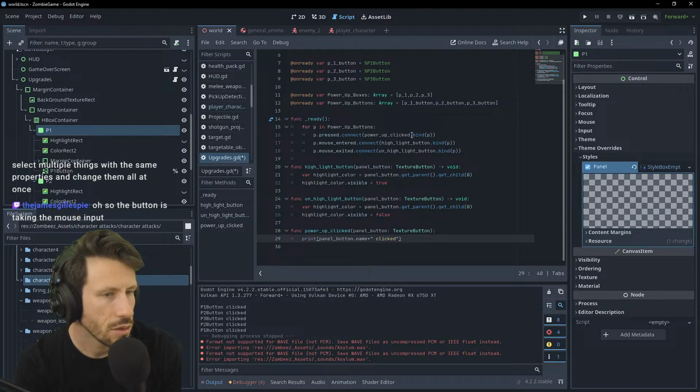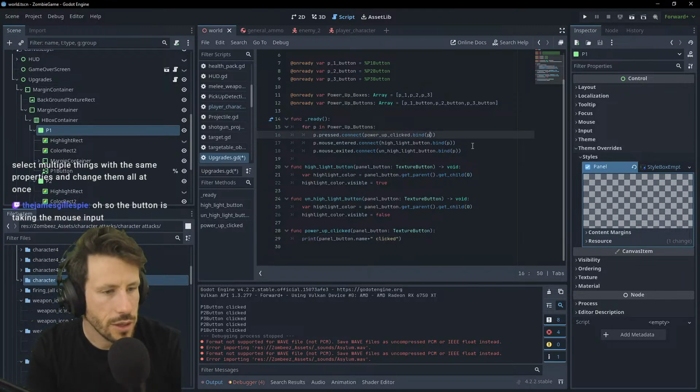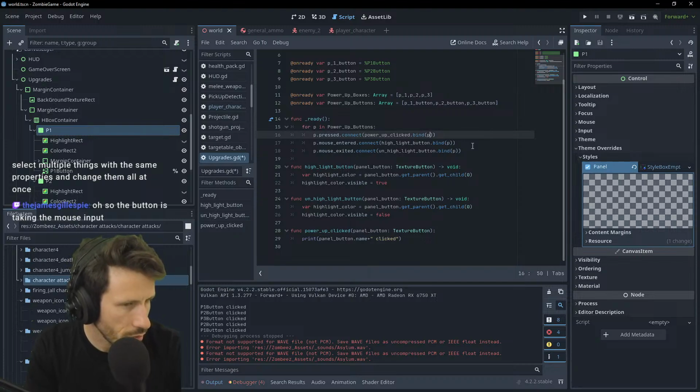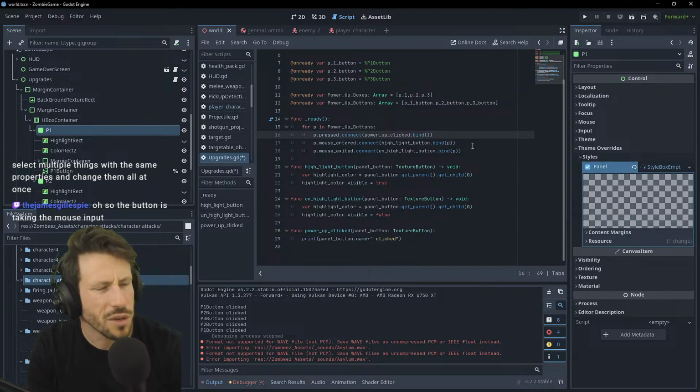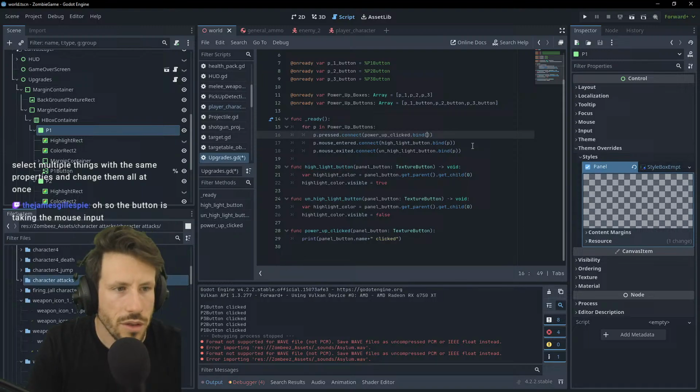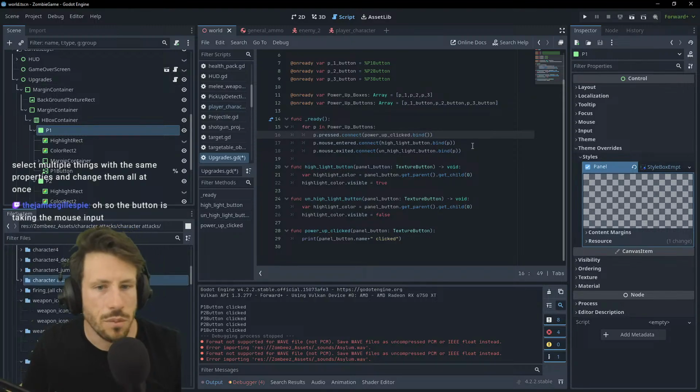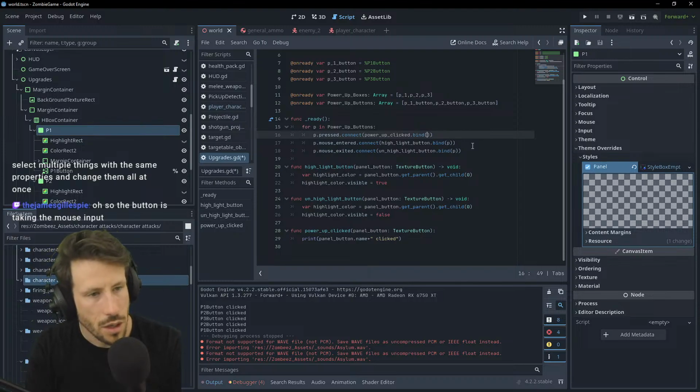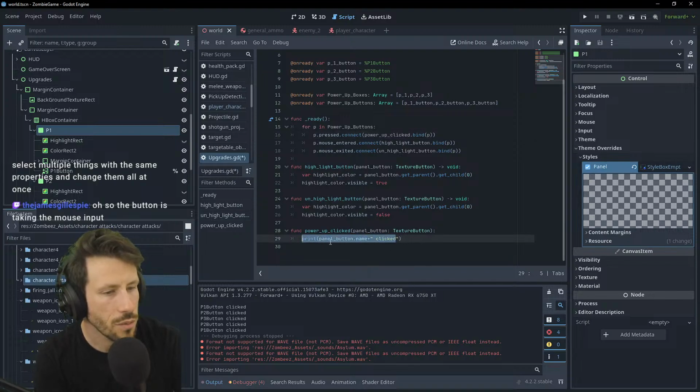Perhaps we could go something like, because we don't really care about itself. We don't need the button. We want to know the index so we can figure out which one's which. I'm going to have to work out how we actually communicate back to the game that we've chosen the particular power-up and which power-up it is. So rather than itself, even if we do send itself, we can go